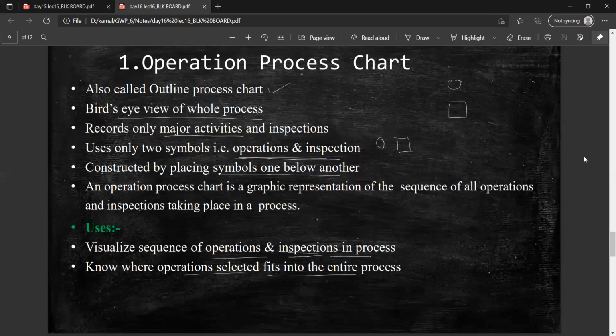Inspection is checking reliability, checking strength of the furniture, checking durability of the furniture, which will be under the inspection part. So if someone says that I have to decorate the furniture externally, that will not be part of the operation process chart, because this is an extra part I am adding to the process after completion of the process. So this is not under the operation process chart.